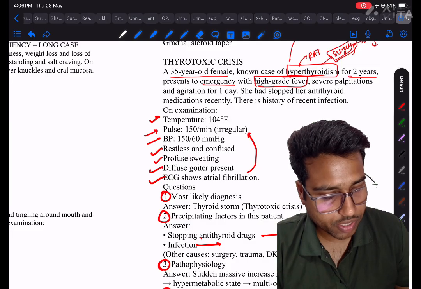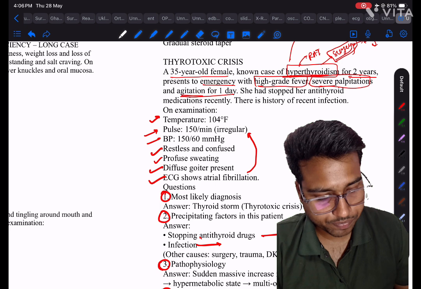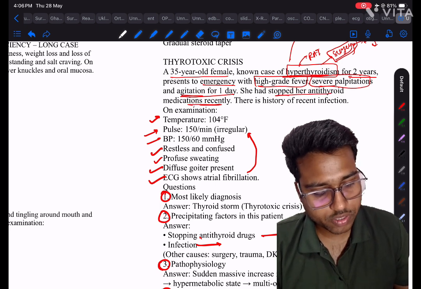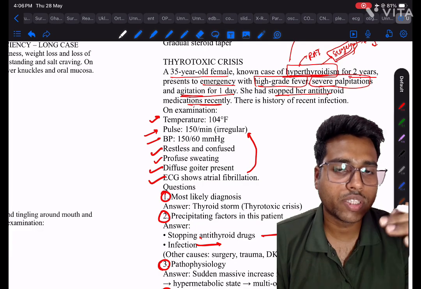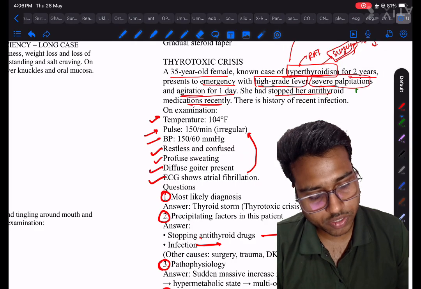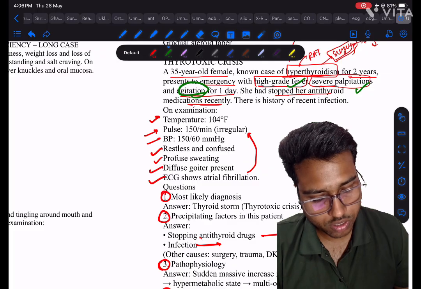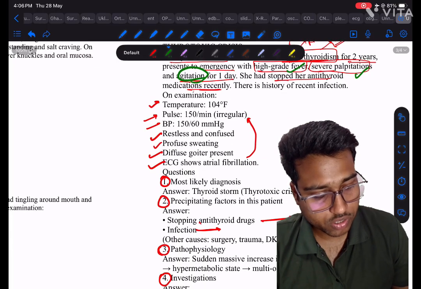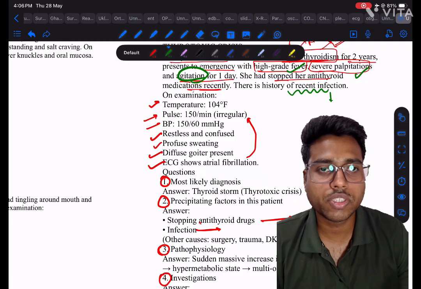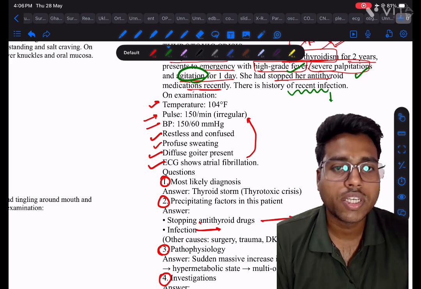ठीक है, hyperthyroidism, high grade fever, severe palpitations, fever बढ़ गए, agitation for the 1 day. She stopped her anti-thyroid drug medication recently. अभी इसने एंटी थायरॉयड ड्रग्स स्टॉप किया, तो थायरॉयड विल रिलीज मोर ऑफ द ड्रग्स ना. सो दैट विल कॉज द सीवियर पाल्पिटेशन, हाई फीवर एंड एजिटेशन. सो वी हैव टू गिव द पेशेंट. And also she has a history of recent infection. रिसेंट इन्फेक्शन से वही इकोला रहेगा, रिसेप्टर से क्या होगा? स्टिमुलेट टाइप ऑफ द एंटीबॉडीज बनेंगे. That similar type of antibodies will cause release of more of the T3 T4 hormones.